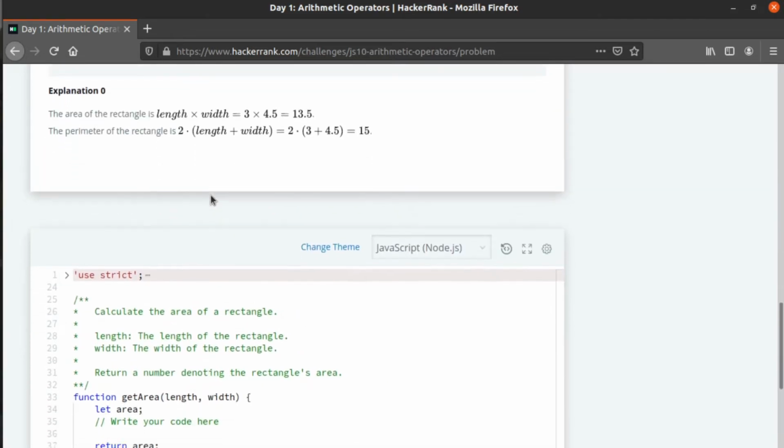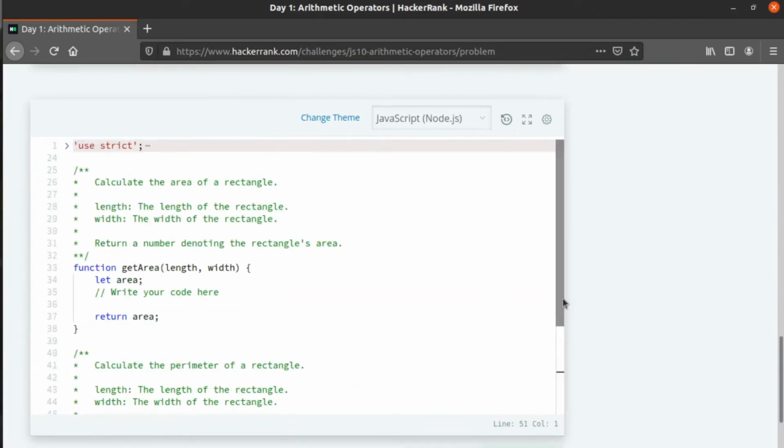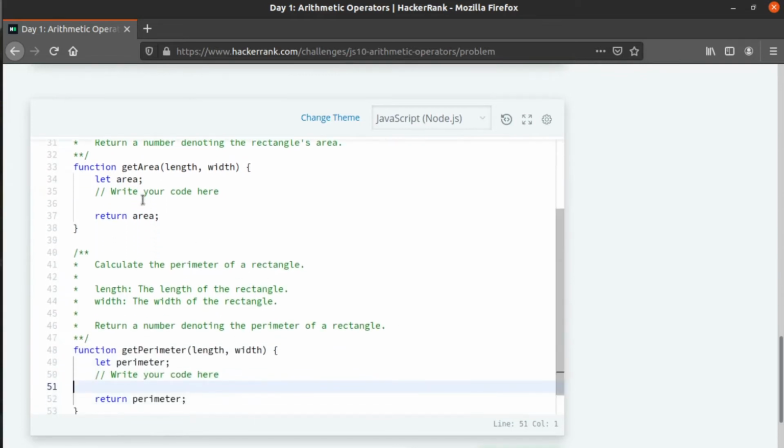Going to the code, you can see they have defined two functions here. One is getArea and another one is getPerimeter. So what we need to do here is write only two lines of code, and before that you can see we have defined area using a let variable, and perimeter is also defined using a let variable.